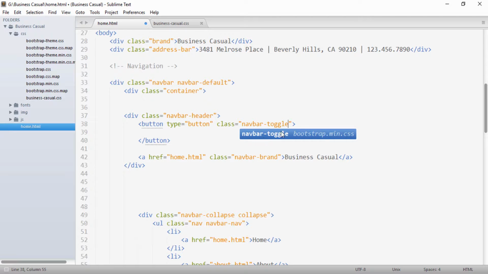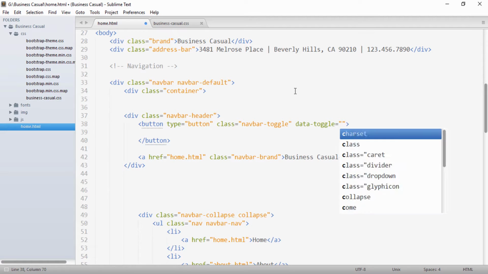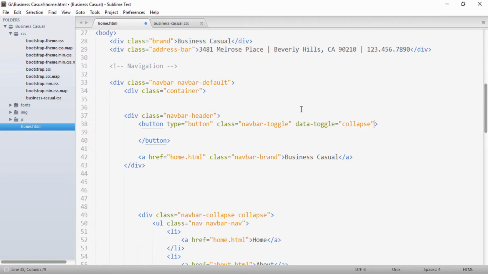Bootstrap provides a class navbar-toggle, which we will apply to it, and we'll provide it an attribute data-toggle as collapse, because when we click on the button it expands, and when we click it again it collapses, so the data-toggle property will be collapse.